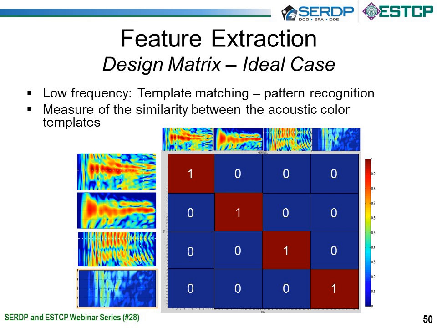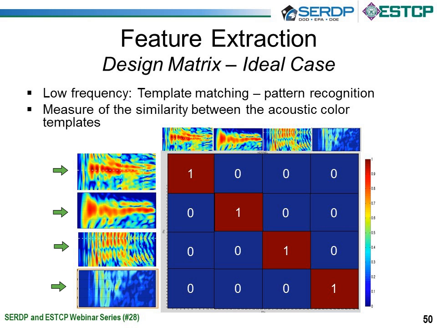On the low frequency side of things, here again, we're not creating images of the target like you do with the high frequency. What we're doing here is dealing with this acoustic color information. And so with these, what you would do is template matching or pattern recognition. For this very simple example, I have 4 different data products here. These are just little snippets of a full acoustic color. And what you do is take each of these data products and compare it to itself and then the remaining 3.